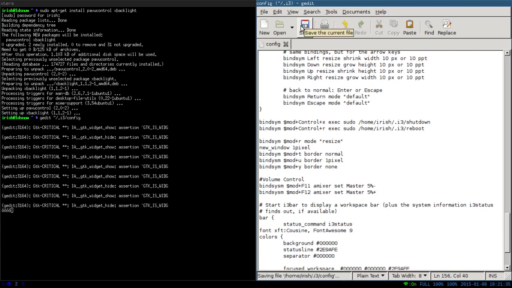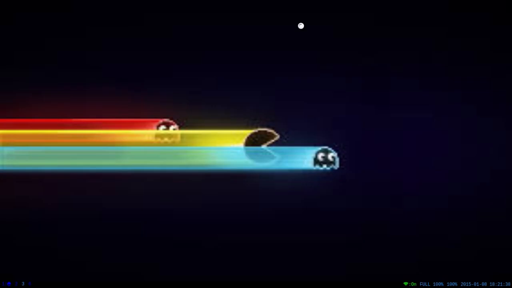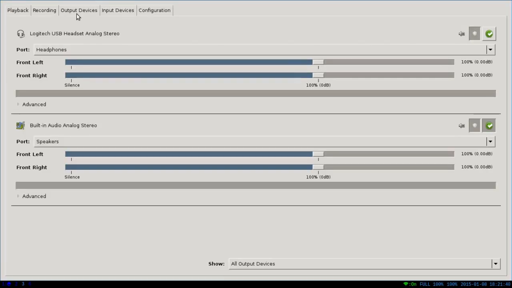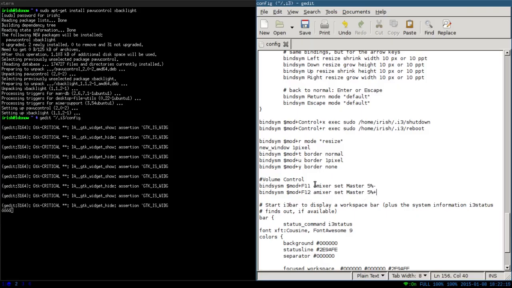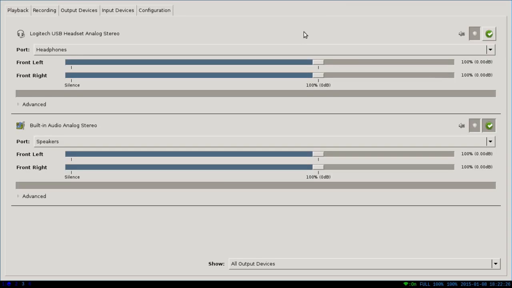So if we save that, refresh, let's move to pavucontrol. And then as you can see, it's at 100%. But if we do a mod and then F11, I'm sorry, I forgot to add the execute part of it here. Now if we save and now refresh, let's go back to pavucontrol. As you can see, it's at 100%. So if we do the mod F11,